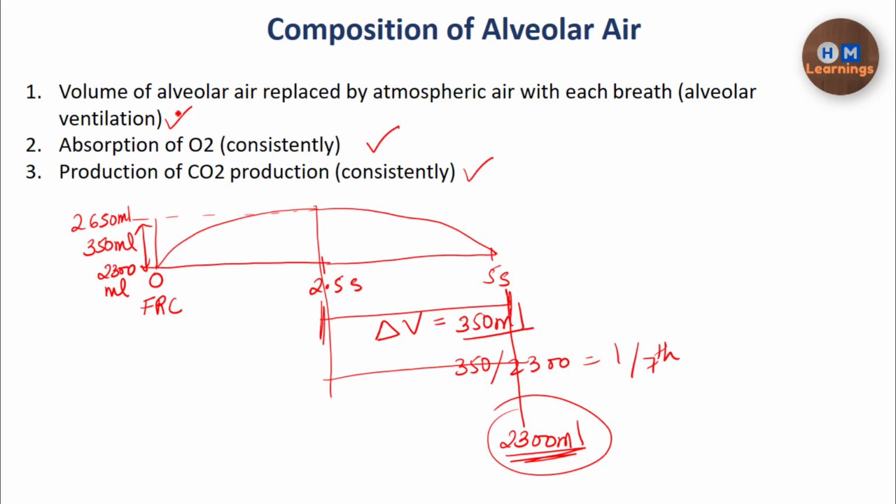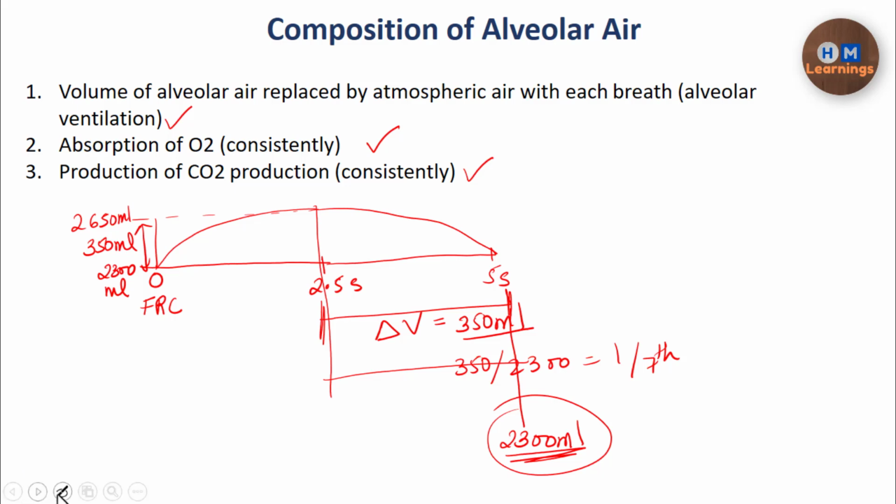And even if you increase the alveolar ventilation, even if it is 350 ml and you double it to 700 ml per breath entering the alveoli, at that time also it is only partially replacing the air which is present in the alveoli. That is how the composition of the alveolar air is not going to be constant at any time. It is going to be different from the composition of the air in the airways.